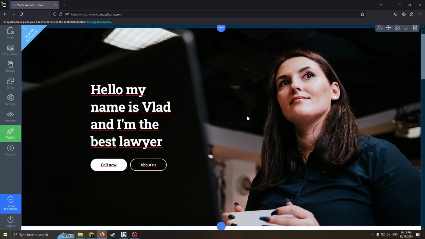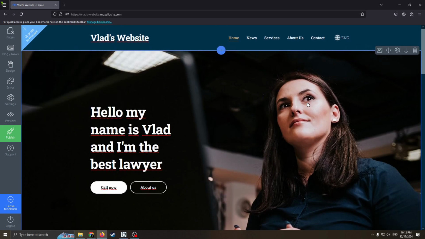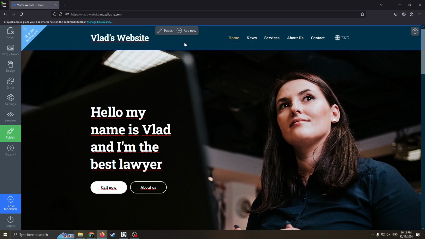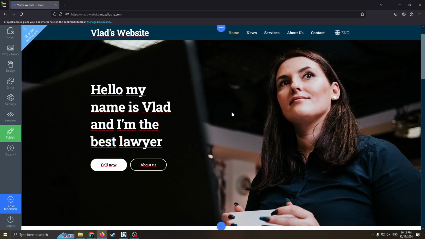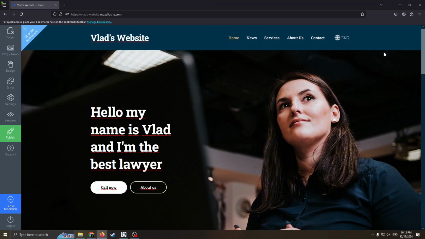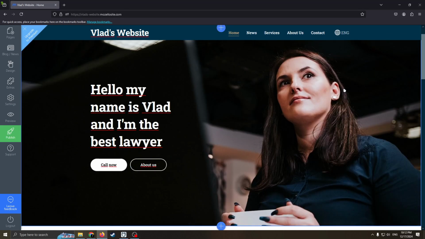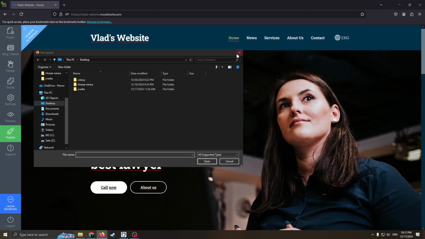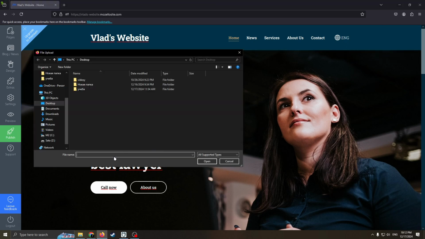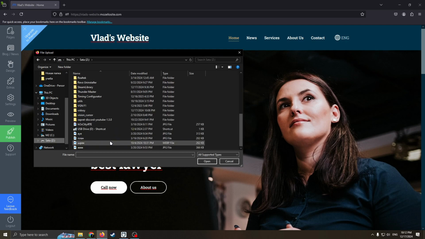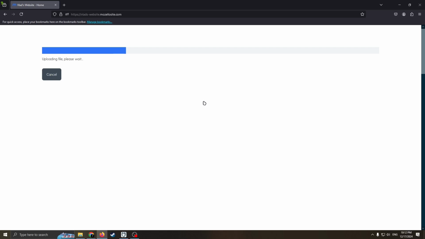And basically, guys, this is first section. No, actually, this is first section's header, and here is like welcome section. And I can, of course, change the background right here. Just push this button, change image, and let's, for example, choose any image that I have on my PC. For example, no, loading file, please wait. Okay,